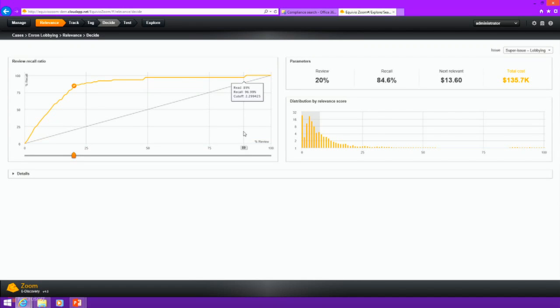But maybe they're going to say, you know what? I can't get away with just 85%. That doesn't make sense to me. I need at least 95% of the relevant data, right? Because it doesn't sound right that I'm only going to look at 85%. Well, we can see very quickly that to review 85% of our data is going to cost $135,000. Let's see what it's going to take in order to find 95% of my data. I'm going to keep moving this over